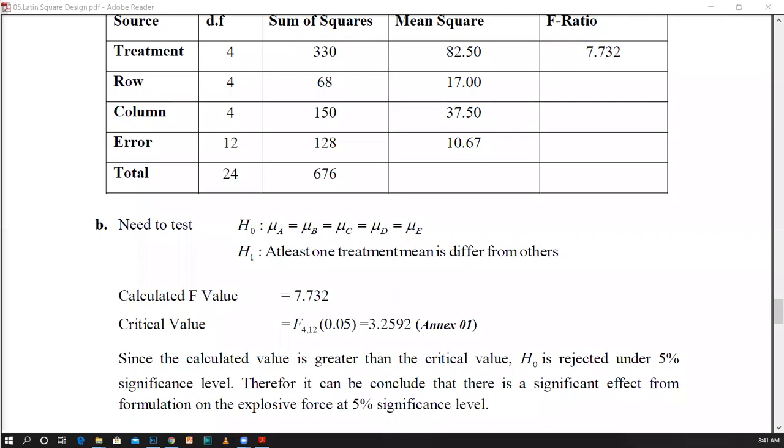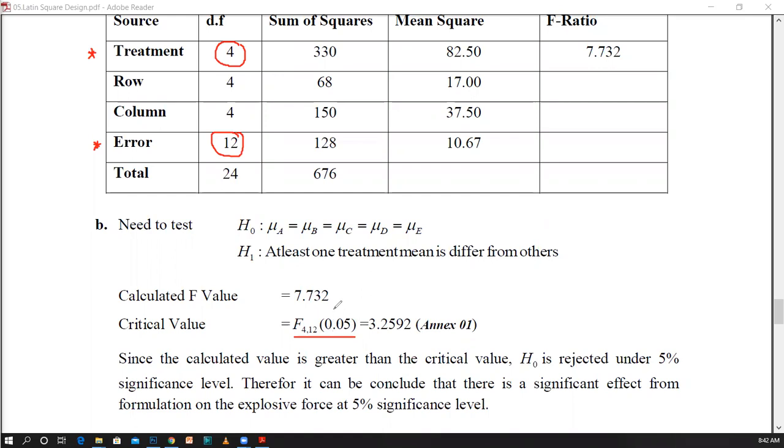Therefore, this is the calculated value we have, and now we have to check the table value. If you look at this ANOVA table, this is the degrees of freedom associated with treatment, and this is the degrees of freedom associated with the error. To calculate the F ratio we considered only the treatment and the error. Therefore, to identify the table value also we consider only the degrees of freedom of treatment and error. This is why we get F 4, 12, 0.05, because here we had degrees of freedom in treatment as 4 and in error as 12, at the 5% significance level.